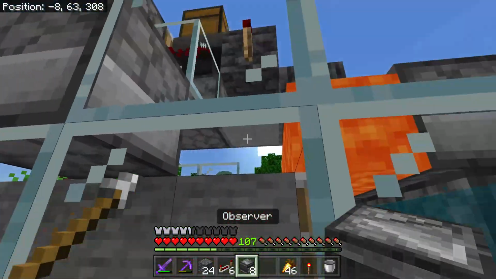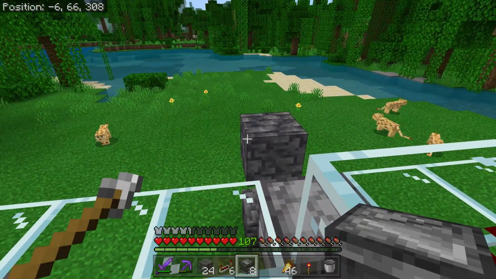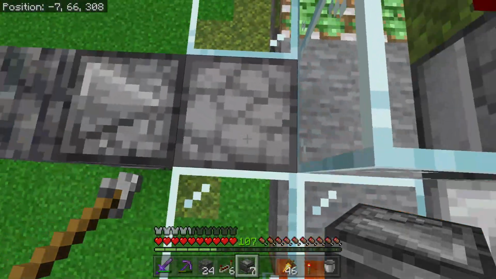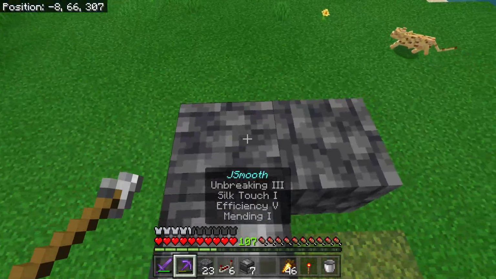So let me see if I can get this to be just right. May have to step back a little bit, get the corner just right. There we go. So the arrow on the top should be pointing at your dispenser. Now what you're going to do is add another block towards the front of your farm, break